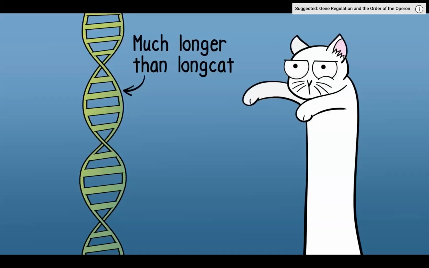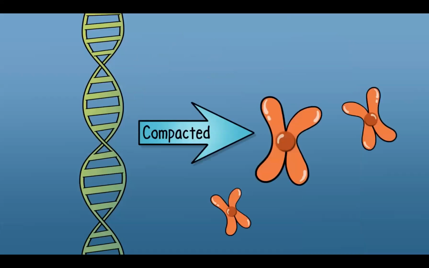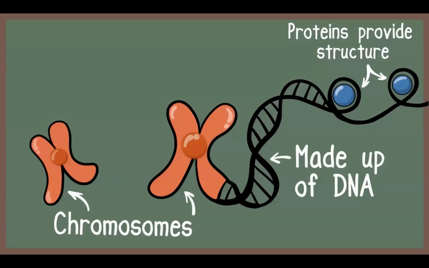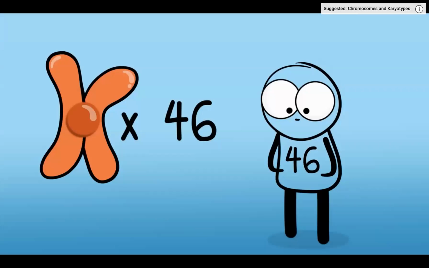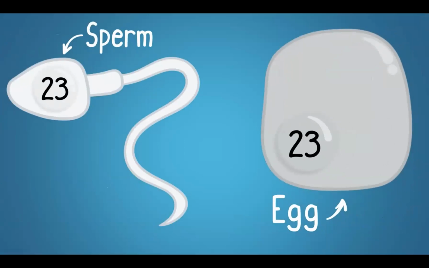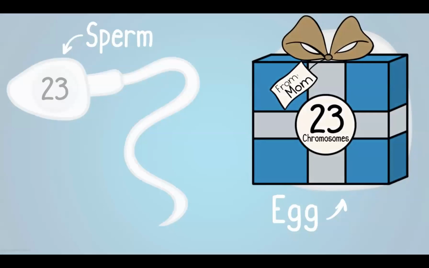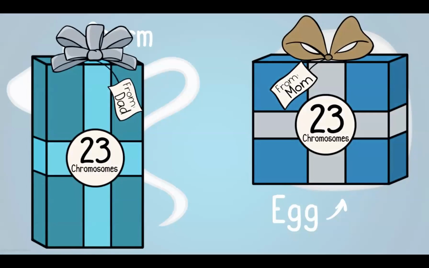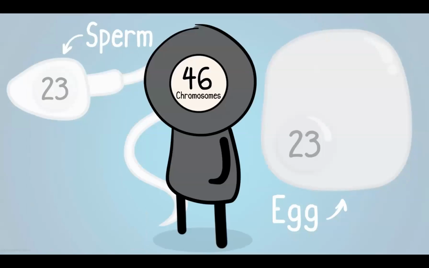Now, you have a lot of DNA. When it's compacted, it can be organized into a unit called a chromosome. Very helpful when you're trying to make more cells and you need to get the DNA into those new cells. Chromosomes in your body involve DNA wrapped around protein structures. Humans have 46 chromosomes. That means nearly every body cell in your body has 46 chromosomes. Human sperm and egg cells, on the other hand, each contain 23 chromosomes. So you receive 23 chromosomes from your mother, 23 chromosomes from your father to give you your 46 chromosomes,